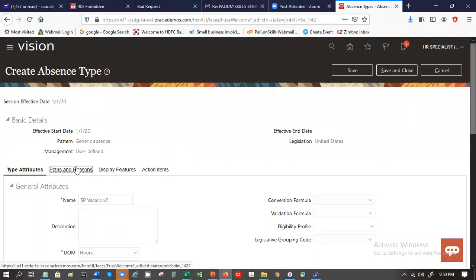Sorry, why is this not coming? Usually what should happen is this plan and reasons tab should open up, where you will be able to assign the plan. What is happening?